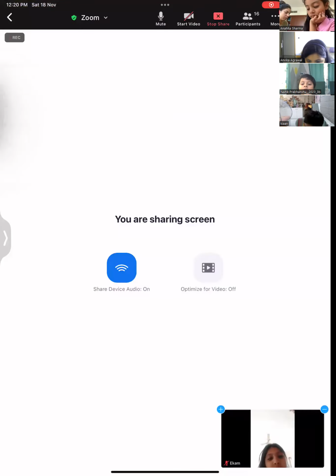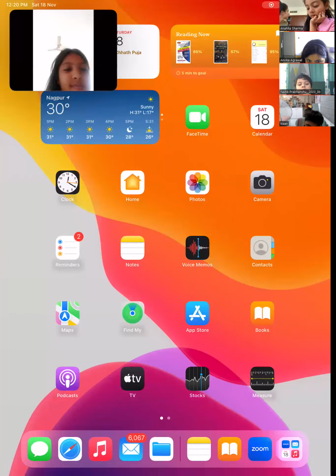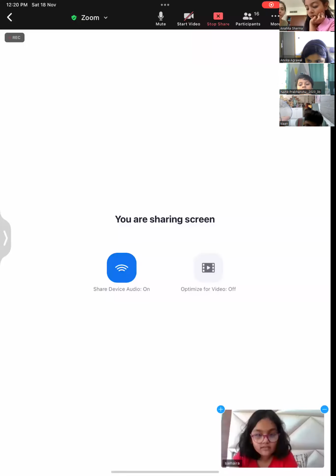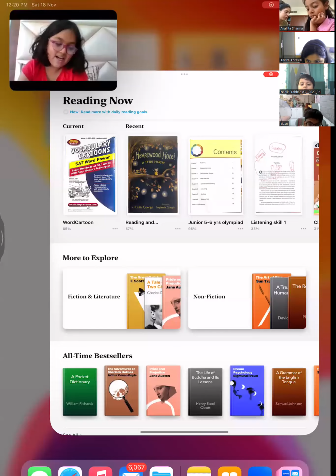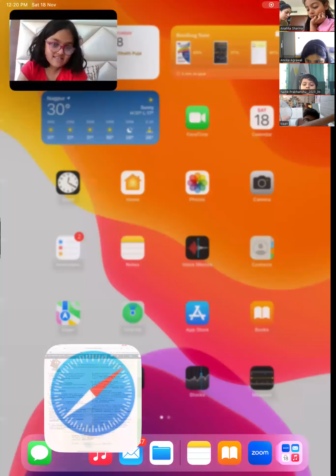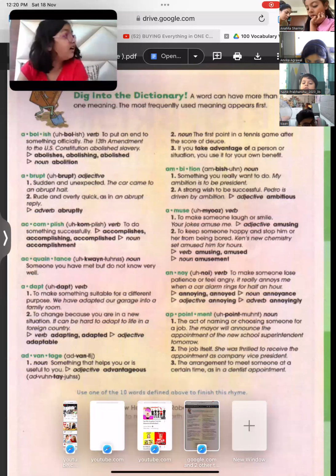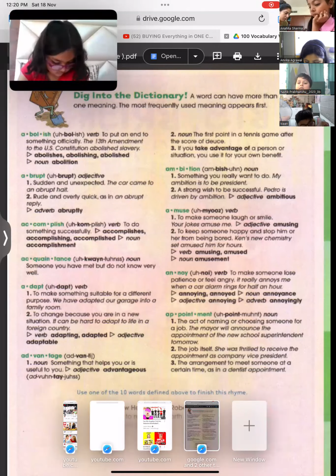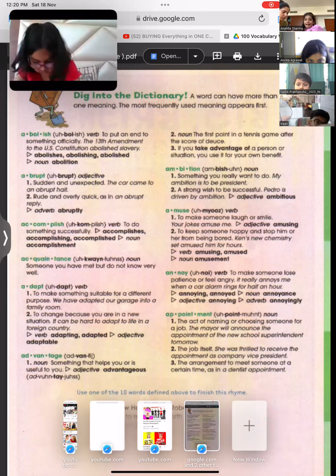Okay, listen. Please focus. Abolish. You can see my screen. So this is my screen. Abolish is a verb, which means to put an end to something. You can also change the verb and make it into a noun by adding a shun to it, abolition. But abolition or abolish means to put an end to something. Next word is